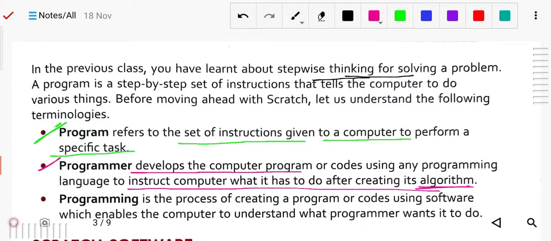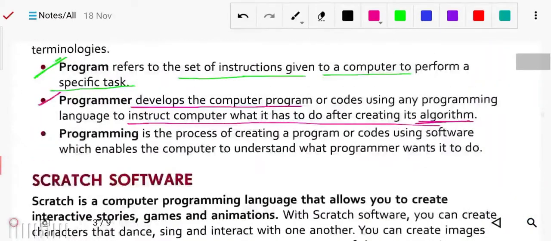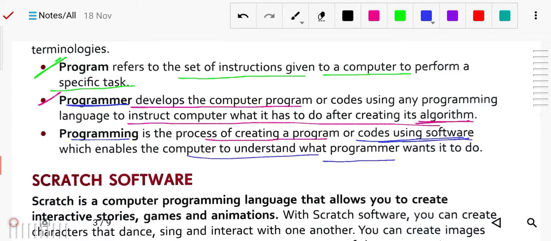Next is programming. Programming is the process of creating a program or codes using software. A programmer has to use software which enables the computer to understand what the programmer wants it to do.